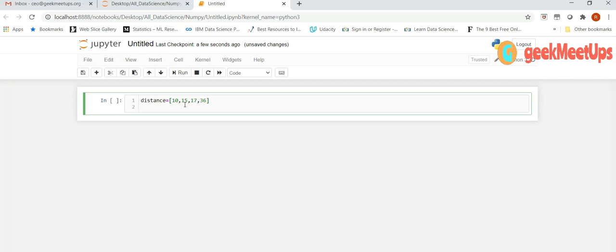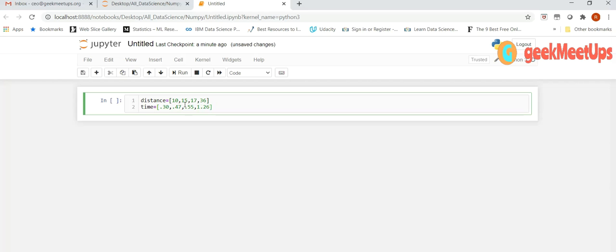And your time will be 0.30 minute, 0.47 minute, and 0.55 minute, and suppose 1 minute 26 seconds, 1.26. And these are our two lists, distance and time.